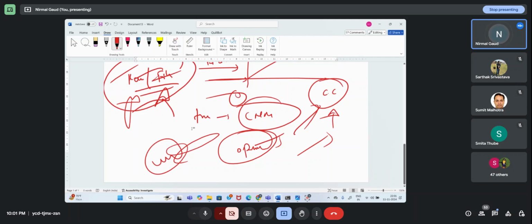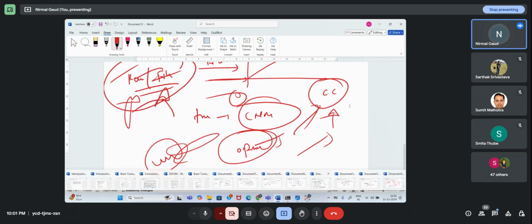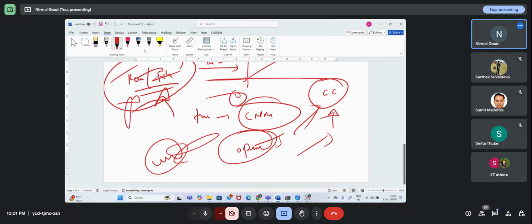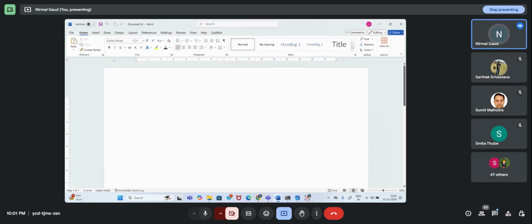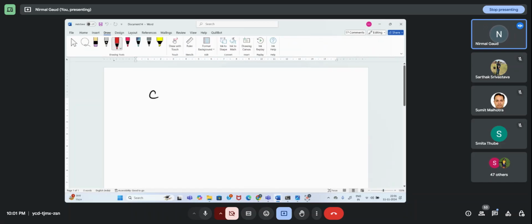Okay, fine. So this is what happens in convolution and pooling. And then what do you have next? Once you have extracted the features and performed dimension reduction, there is one layer called a flatten layer. So convolution, pooling, then there is a flatten layer. The flatten layer will convert high dimension to low dimension, that means 1D. High D to 1D.